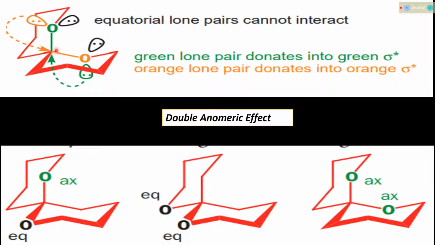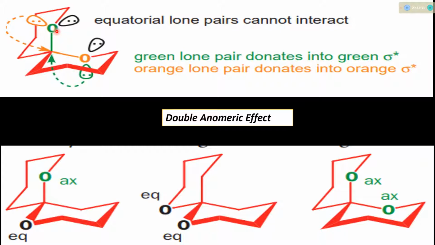If that anomeric carbon contains a substituent that is more electronegative, then there is more chance for that substituent to rest in an axial position